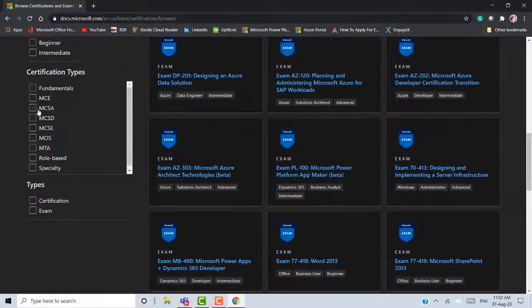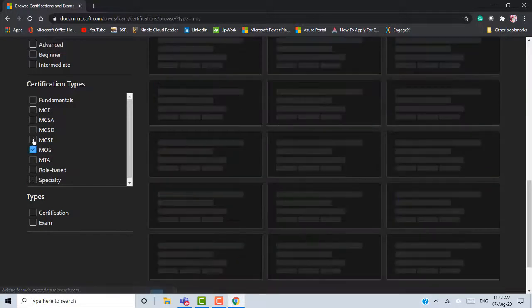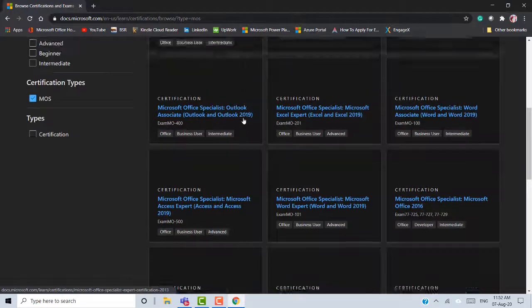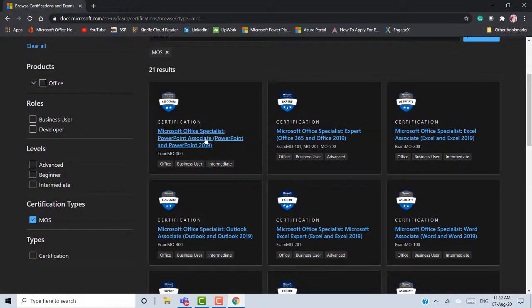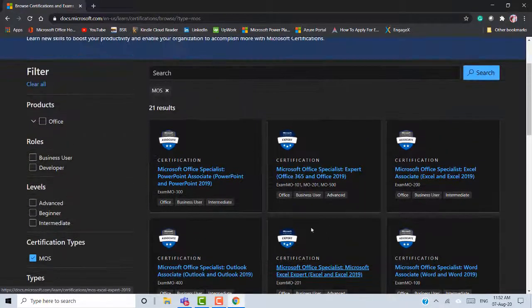Okay, and there are certificate types: MCE, Microsoft Certified Engineer, Microsoft Certified Solutions Associate, then MCSE, Microsoft Certified Systems Engineer, Microsoft Office Specialist. So if you click on Microsoft Office Specialist, all the certificates will come here. See, Microsoft Office Specialist, PowerPoint Associate. So these are all certifications, and accordingly you can prepare.